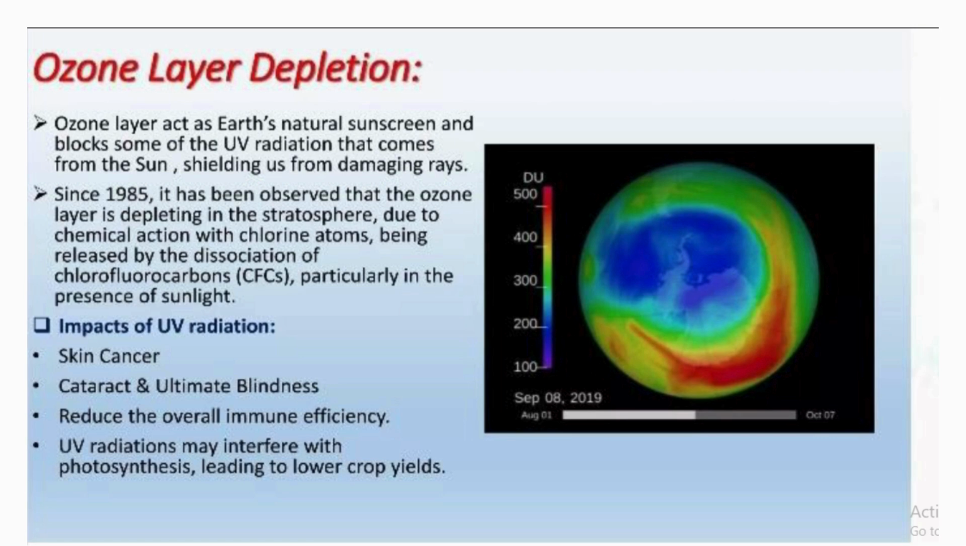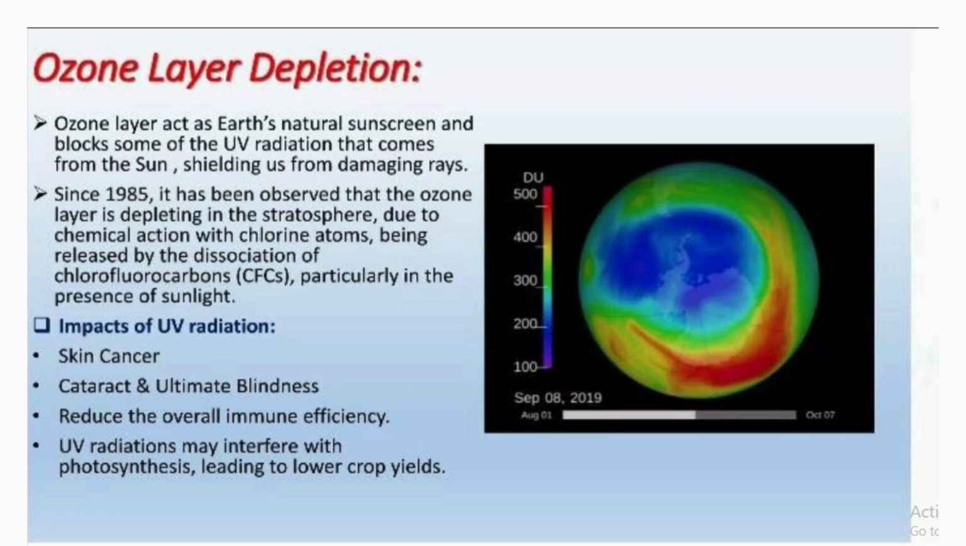Secondly, ozone layer depletion also affects the climate. The ozone layer acts as Earth's natural sunscreen and blocks some of the UV radiation that comes from the sun, shielding us from damaging rays. Since 1985, it has been observed that the ozone layer is depleting in the stratosphere due to chemical reactions with chlorine atoms released from the dissolution of chlorofluorocarbons, particularly in the presence of